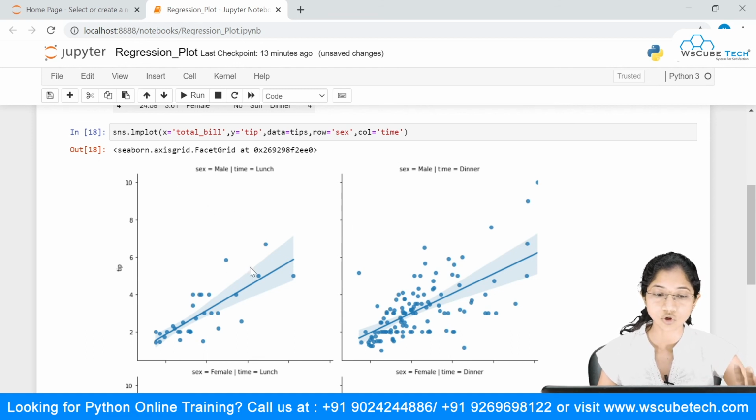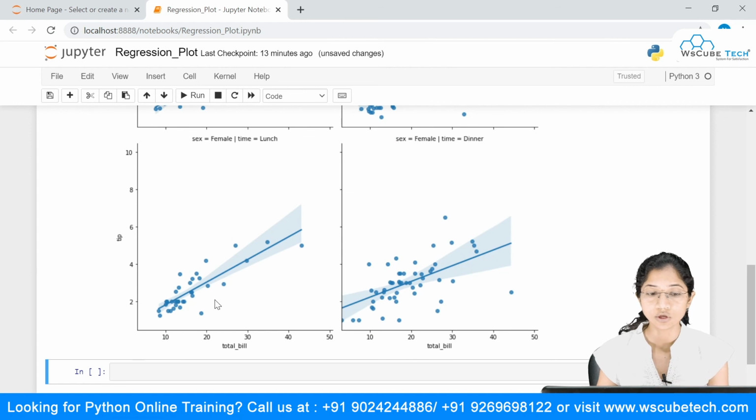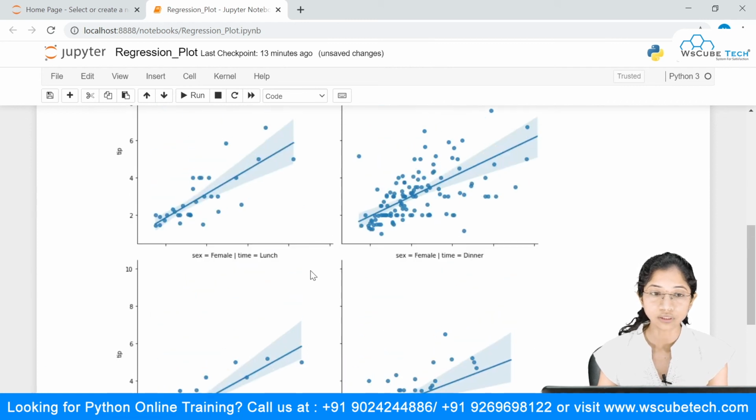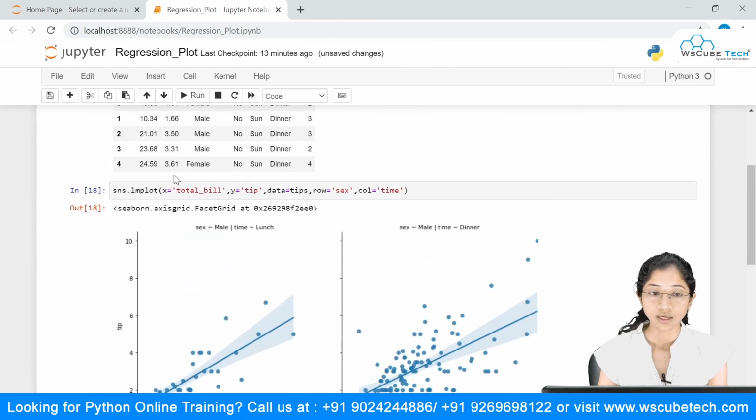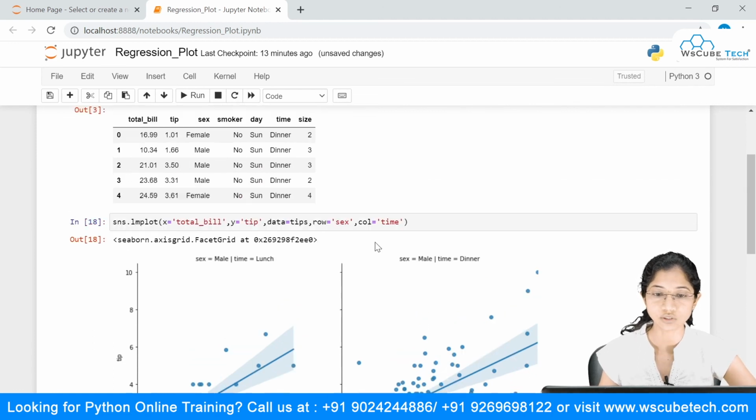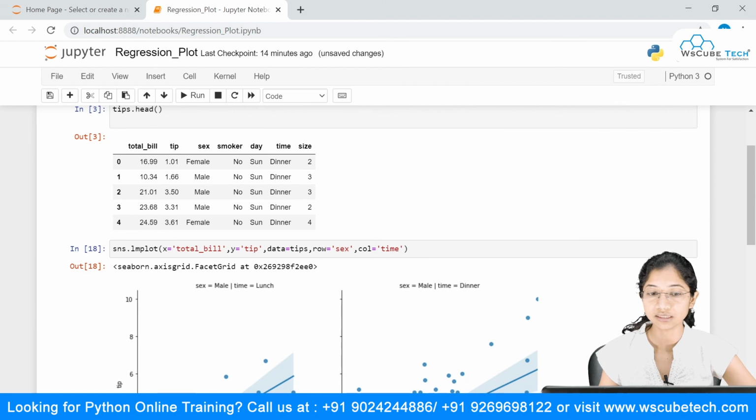So you can observe the total bill with respect to the tip for the males having lunch, then the males having dinner, then the females having lunch, and similarly the females having dinner. So this is all about the regression plot. In the regression plot, you can simply make use of this LM plot and visualize your data in a very easy way.